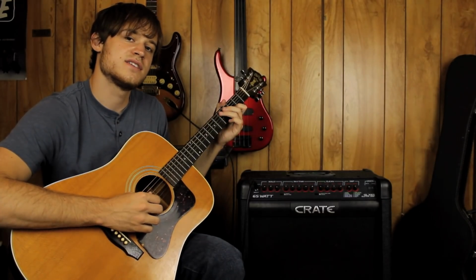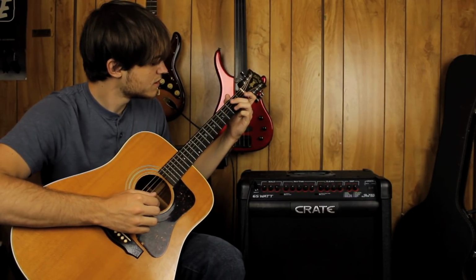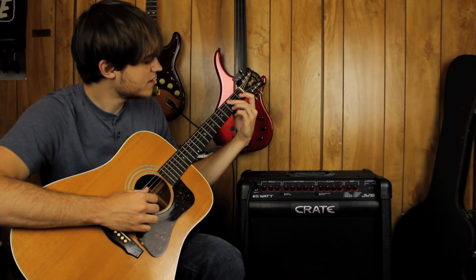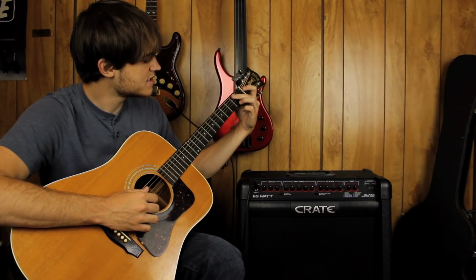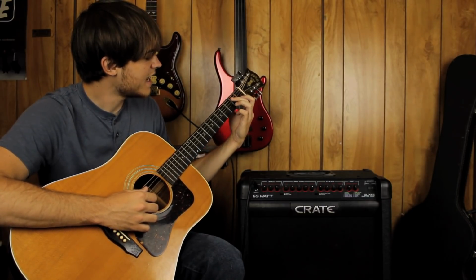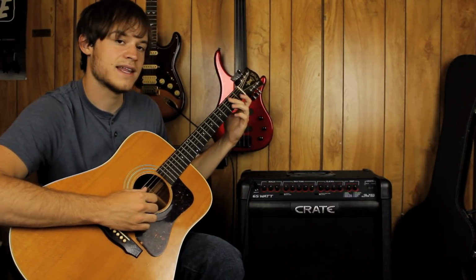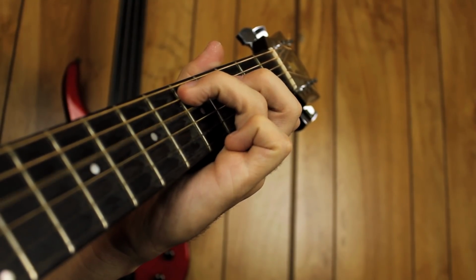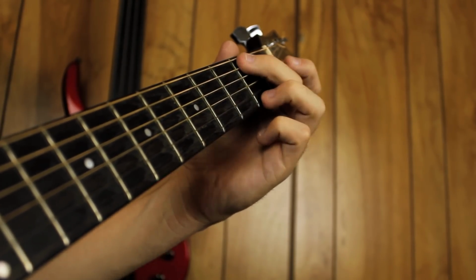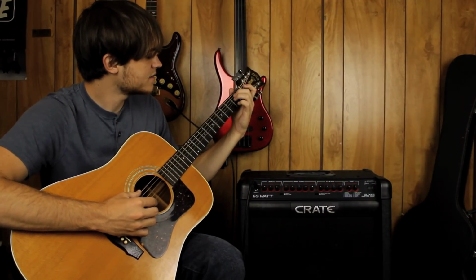Then for the next part, it's just going to be an open E, hit with your ring finger. And we're going to slide that chord over a little bit and move that 3rd finger to the 2nd fret on the E string, and then the 2nd finger to the 2nd fret on the A. So it's going to be that little maneuver. So everything we have so far is